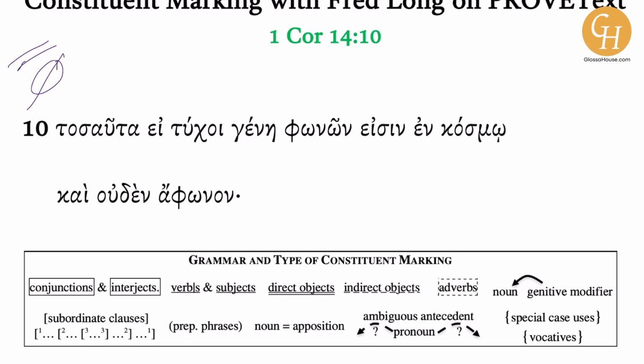Tosavta is a demonstrative pronoun of quantity. You didn't know that there are different types of demonstrative pronouns, but there are. You've just learned the near-far ones. So houtos is near, meaning this. Ekeinos is the far demonstrative pronoun, meaning that. Far away, that, those, versus this, these. But this is one that's actually marking quantity. So many,